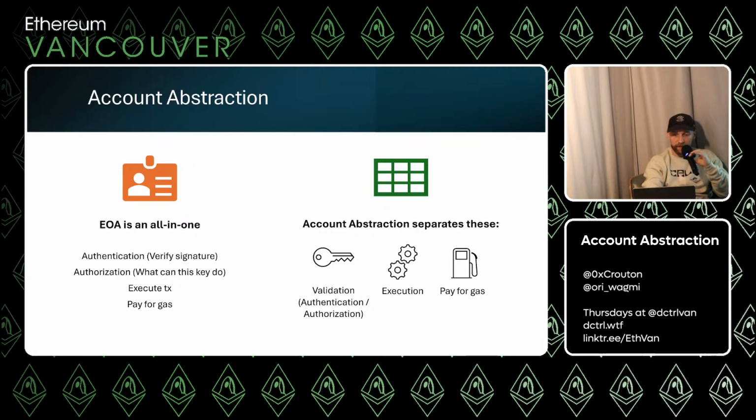And then the final piece here we have is the gas abstraction. So you can have cases where you can sponsor gas. You can actually submit a transaction and pay 0 gas because somebody else will pay it on your behalf, or you can pay for the gas in some other token. So instead of it having to be Ethereum, you can pay for the gas in USDC. So in the example where I only had USDC in my wallet, I don't actually need the Ethereum to submit the transaction. I can just pay with the USDC and somebody is paying the gas fee on my behalf.